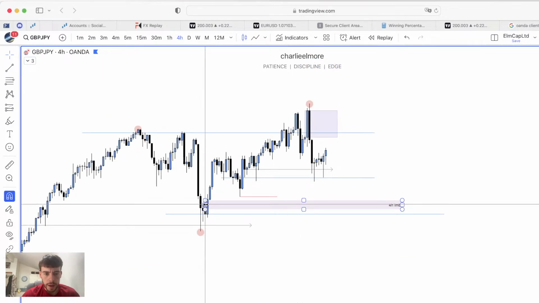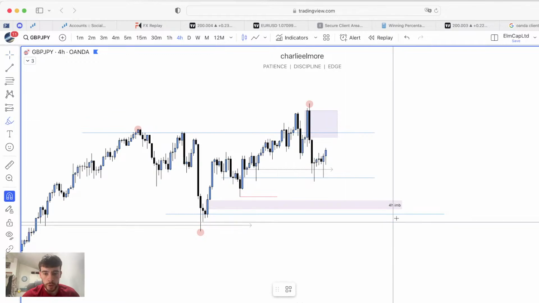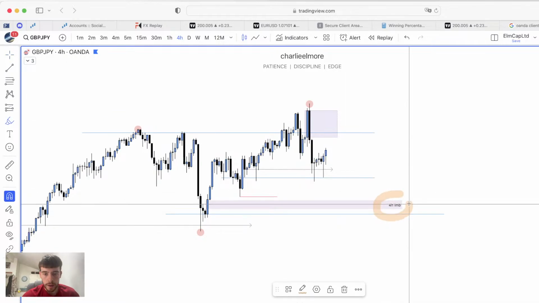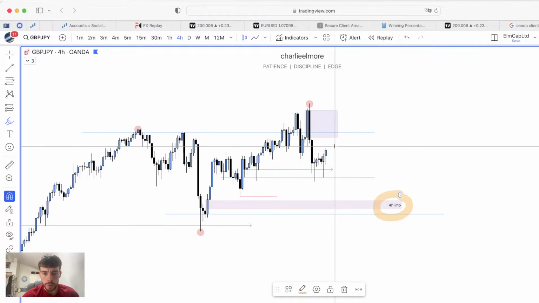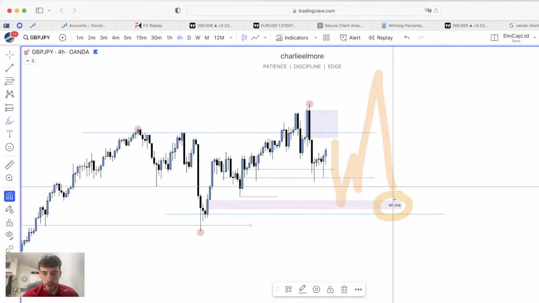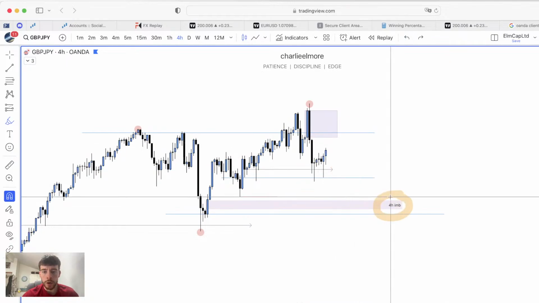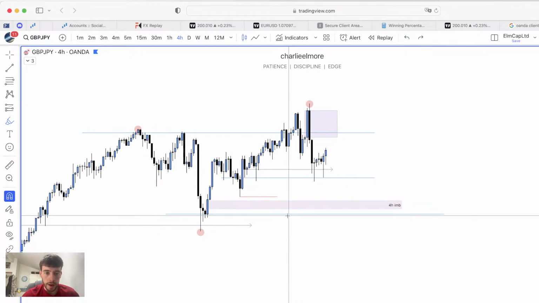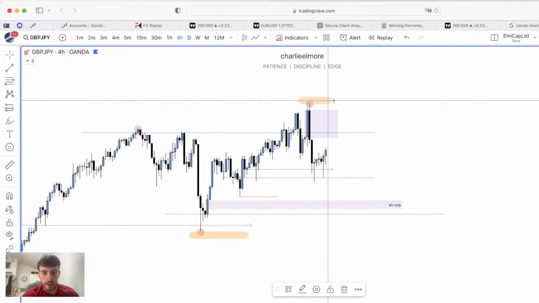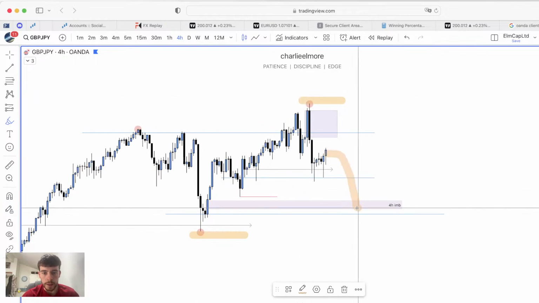We do have this to the downside, this 4 hour imbalance. And remember what we've just spoken about, the news that's coming out this week with the pound, quite heavy. So this could be a magnet for price, if we want to spike around, you know what price likes to do here and there. That could be an area which price wants to revisit this week, because it would still align within this discount of this entire leg, even if price came down into there.